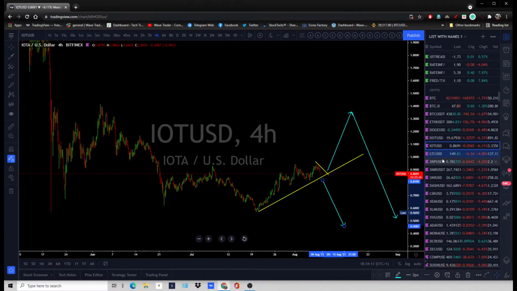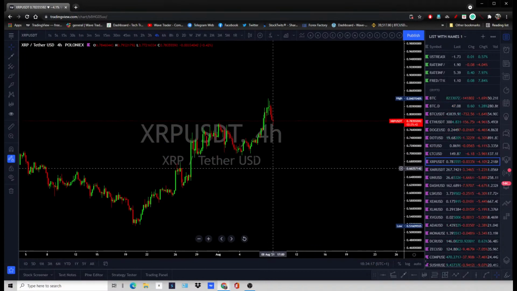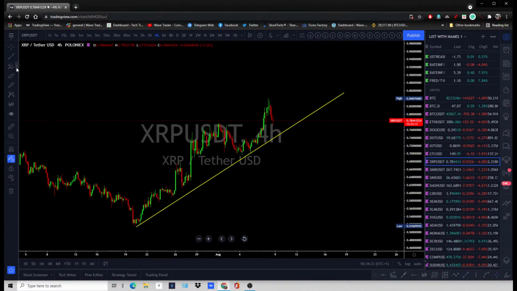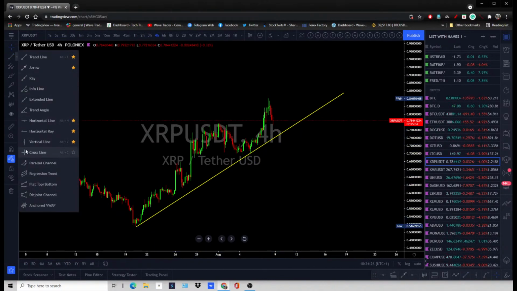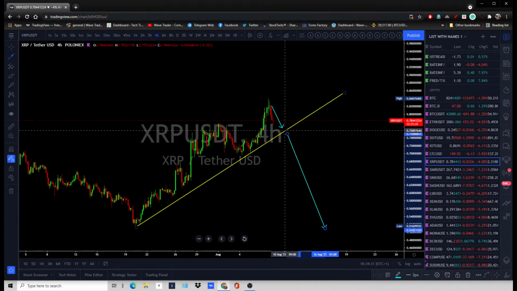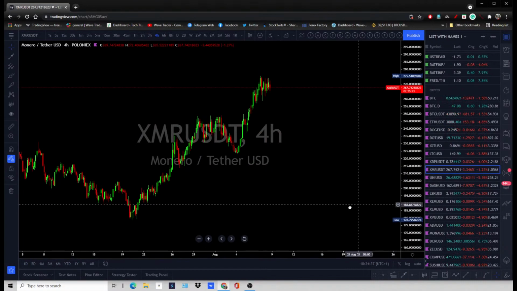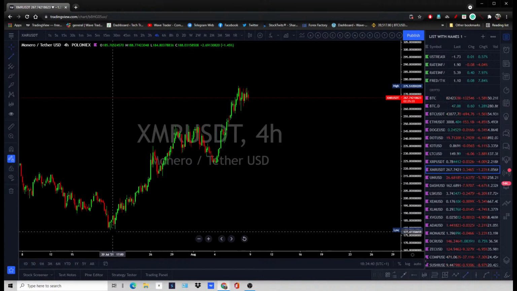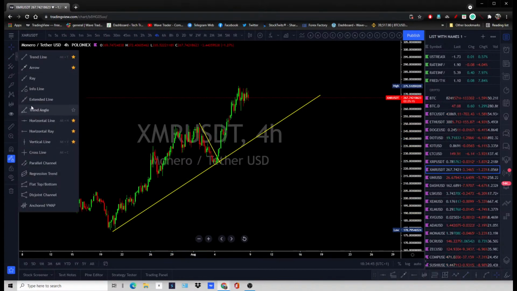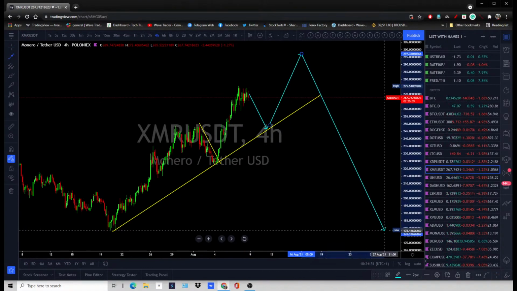Same structure I'm showing across the market, same 4-hour time frame structure. Fall back to that low, or push out for another leg and then drop. Same structure on this. Obviously, when you see a sharp sell-off on Bitcoin, you're going to see these coins also drag lower against the dollar.